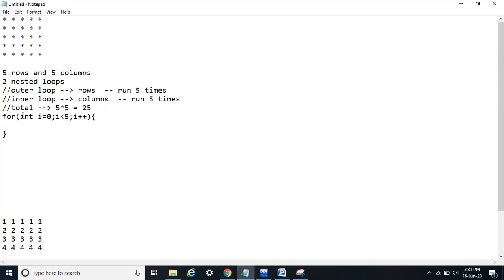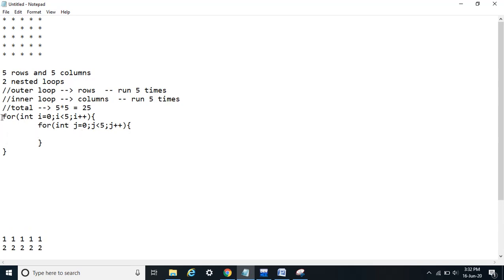Now for this outer loop, for every row I also need 5 columns. So for every value of I need one more loop that will also run 5 times. All right. So this is very clear.